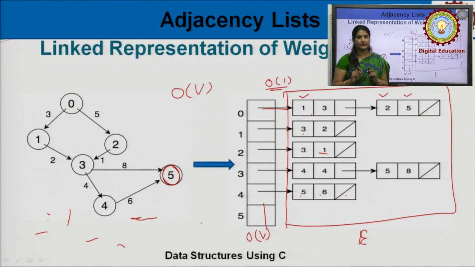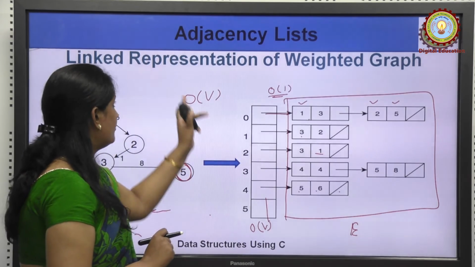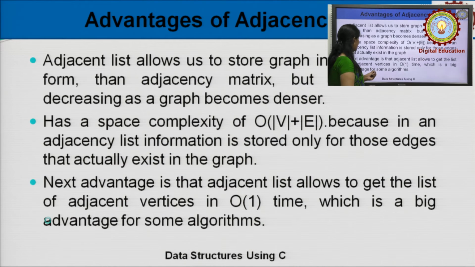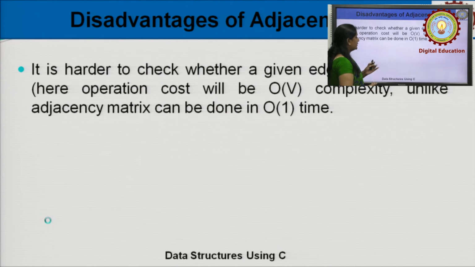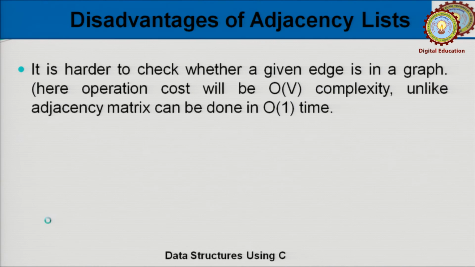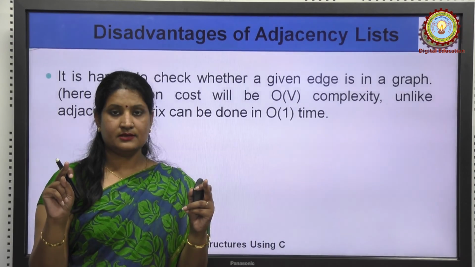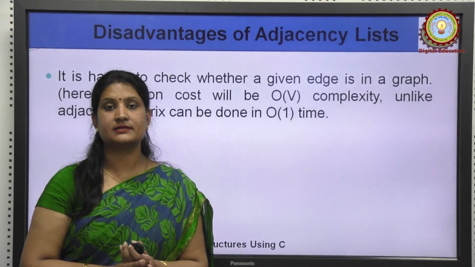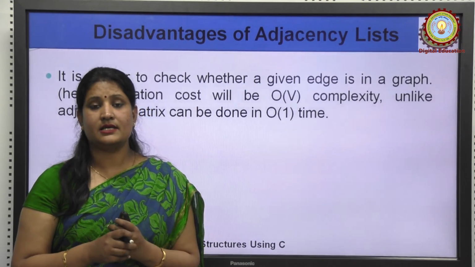So it's a very big advantage of using the adjacency list. Next, what is the disadvantage of the adjacency list? It is harder to check whether a given edge is in a graph. Checking whether there is an edge between two vertices is very time consuming in the adjacency list, because in this case we